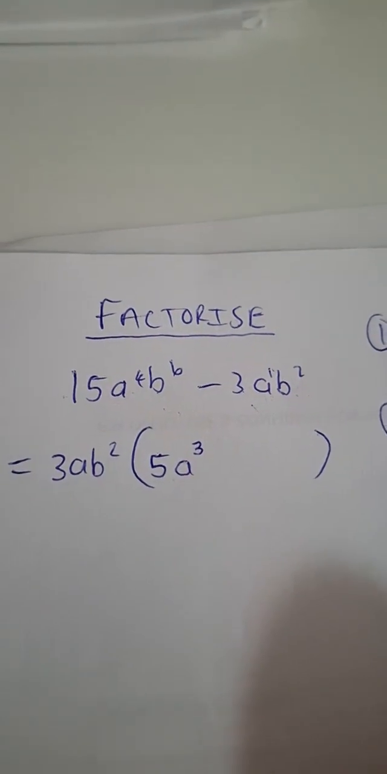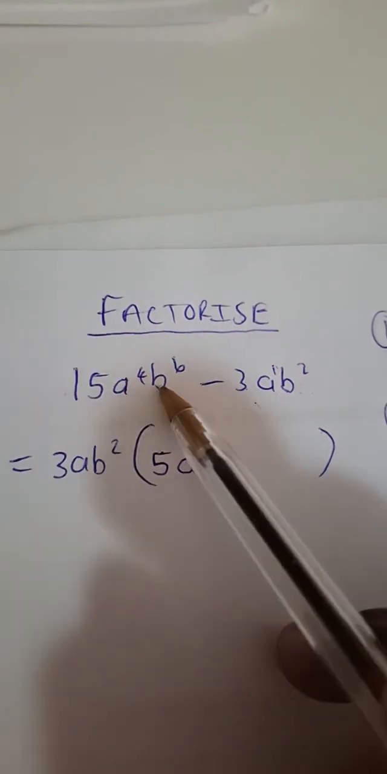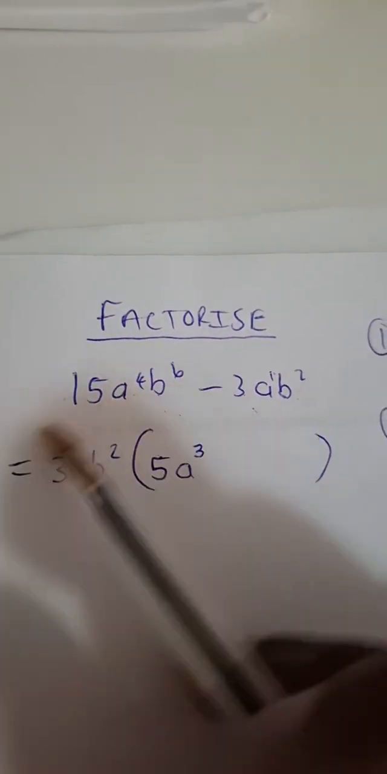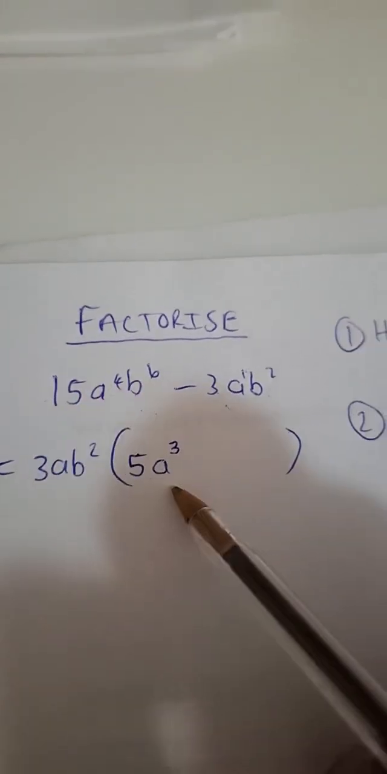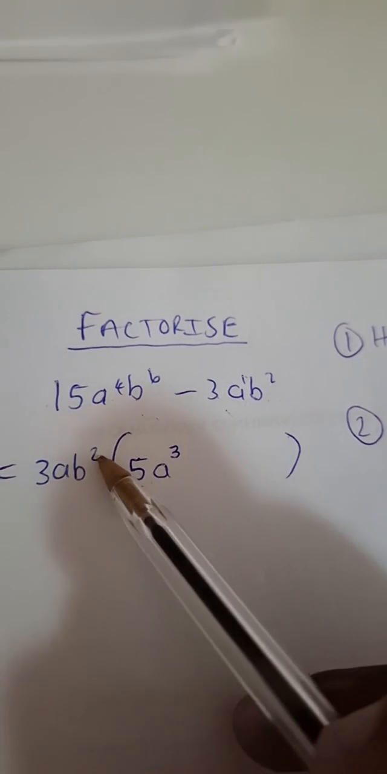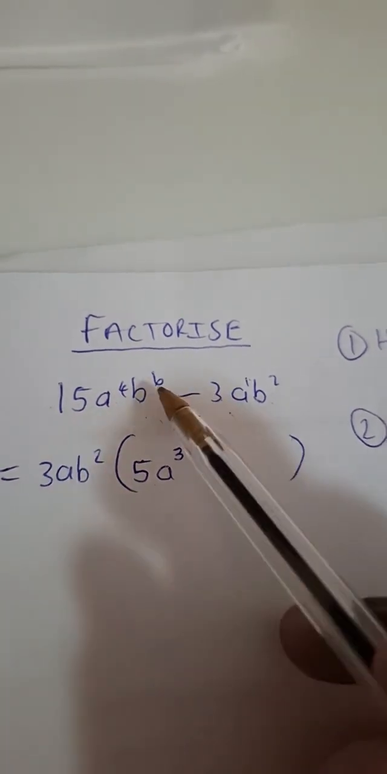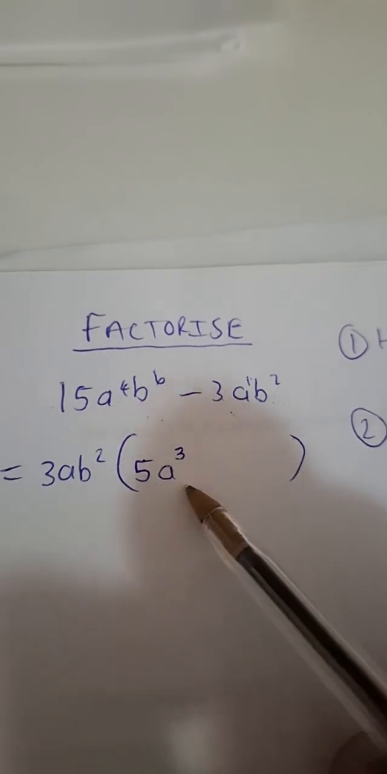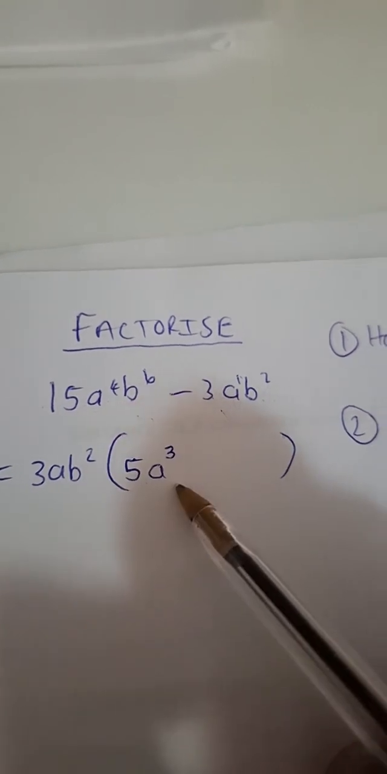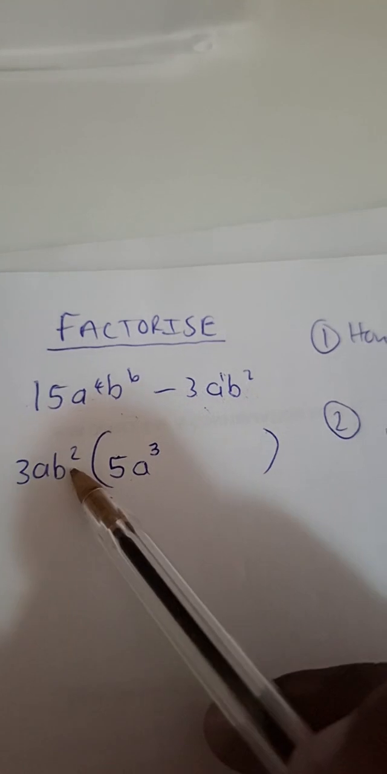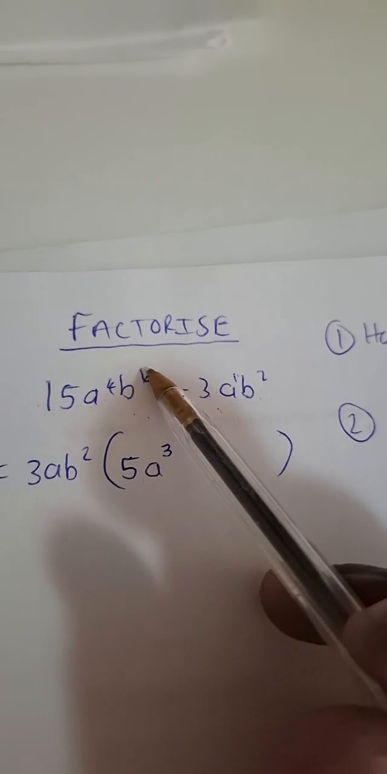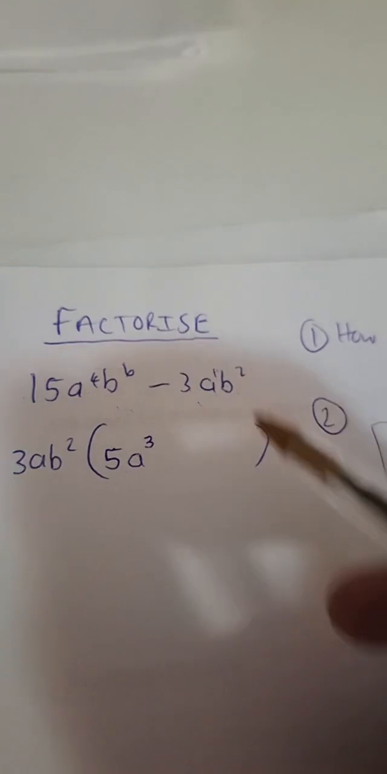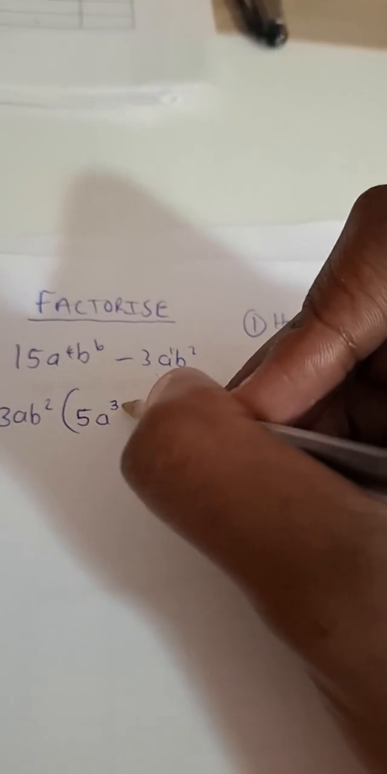3 of the a's. Very important, guys, because that's what's left over from the 15a to the power 4, b to the power 6, after taking out 3ab squared, which is the highest common factor. Then b squared, 2 of the b's were taken out. We need 6 at the end. How many b's do we need to add? B to the power